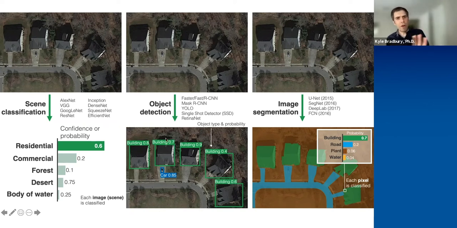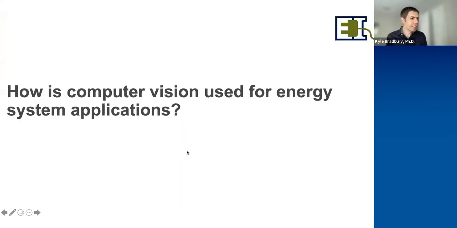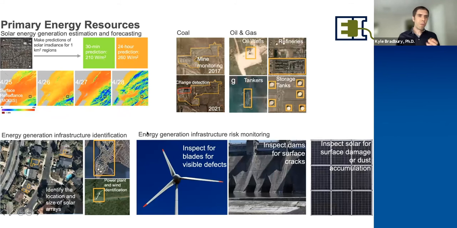And so with all of this, we want to start thinking, how can we take some of these principles? How have they been used for energy systems applications in the past? Well, it turns out they've been used in a lot of different settings, especially in the last decade or so. So, what are some examples? Well, estimating solar energy generated using different types of remote sensing data, whether it's solar irradiance data or a combination of imagery data.